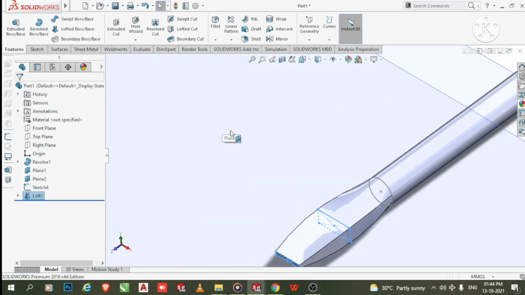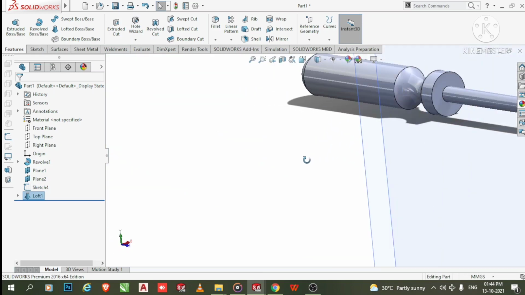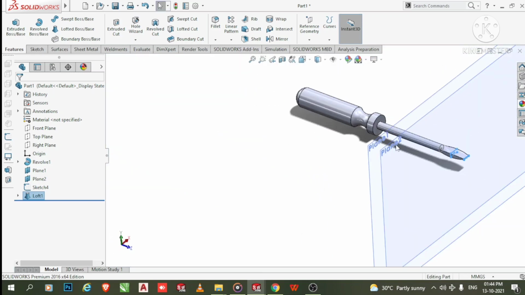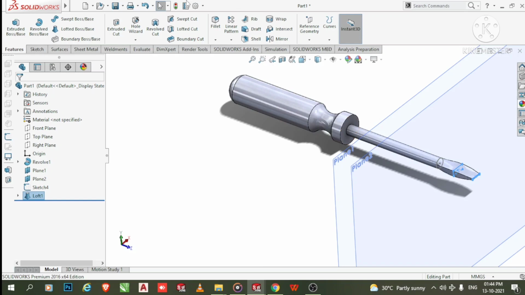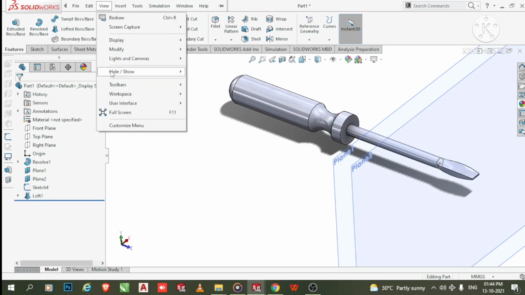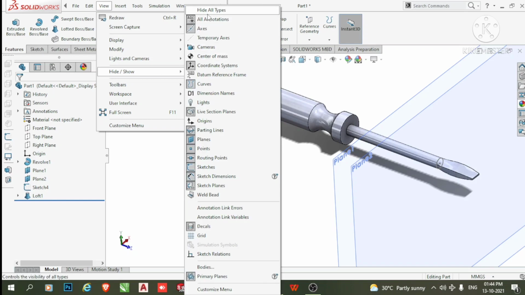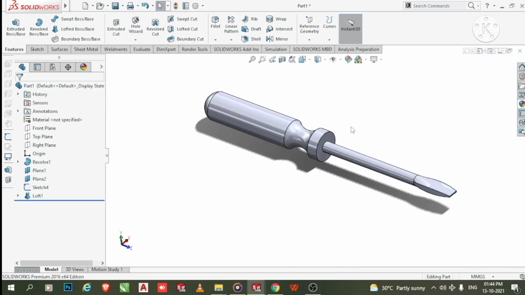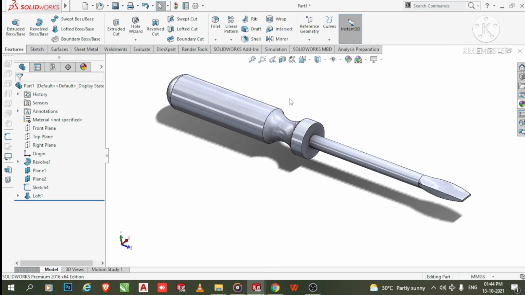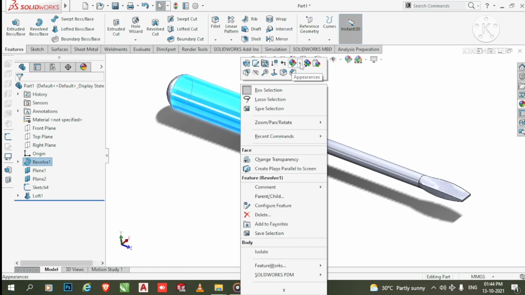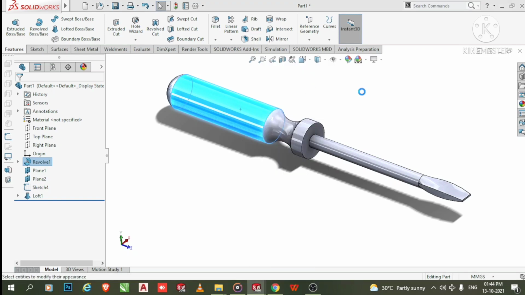Now we create this one, and better to apply the material of this one. So here go to the view, now select hide and select this one, and here we apply the material. So go to the select this face, go to the appearance and select this face.